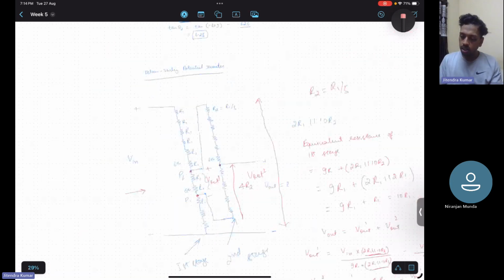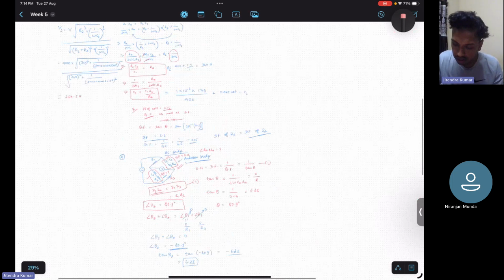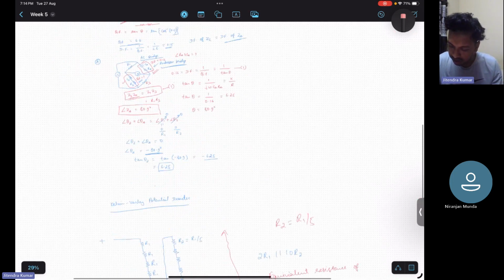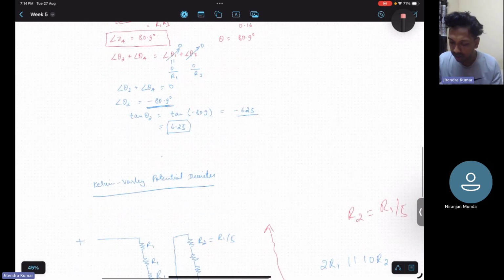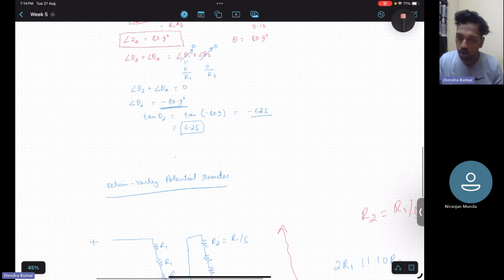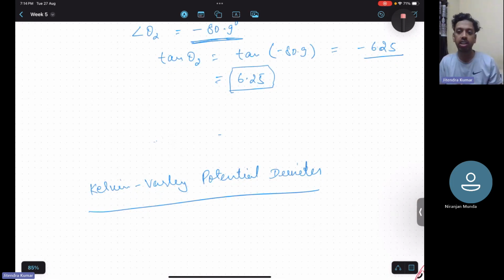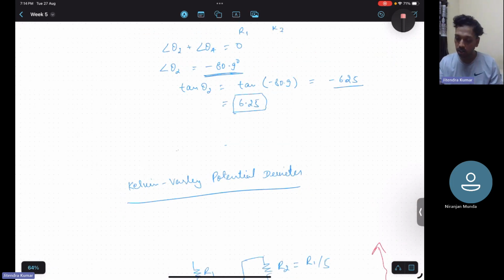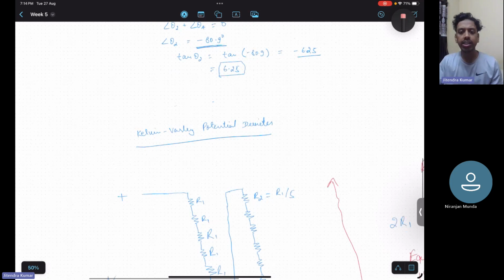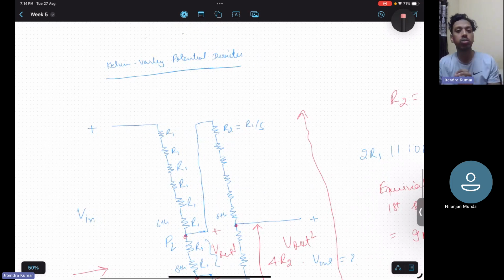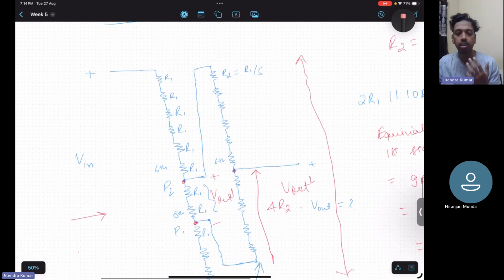So this is related to the Kelvin-Varley potential divider. In the exam also, please be very careful when you get this kind of circuit. There are some shortcuts which have been demonstrated in the lecture by the professor. On the basis of where the switches P1 and P2 are connected, you could directly write the output